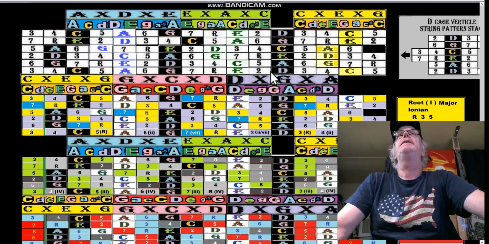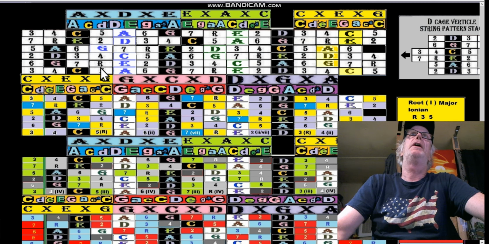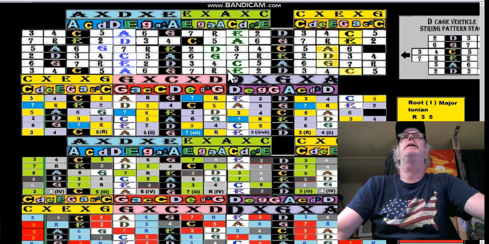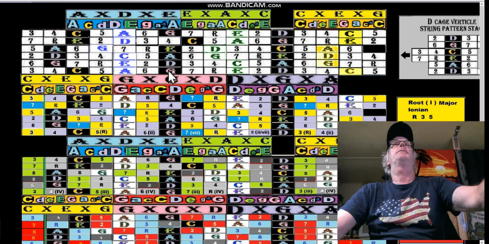Going from C, D, E, G, A, C, we're really going from 5, 3, 4, 3, 4, 2, okay, 2, root 7, 6, 6, 5, 5, 4, 3. That's going from C, D, E, G, A, C, and that's ascending. C goes to D, goes to E, and then in pentatonic we skip the 4th, and we go to the 5th, and we go to the